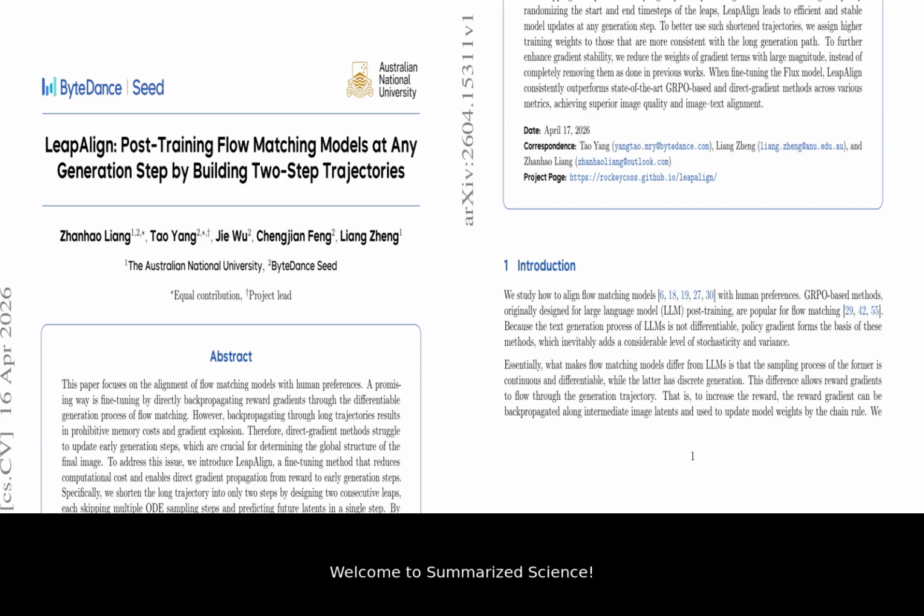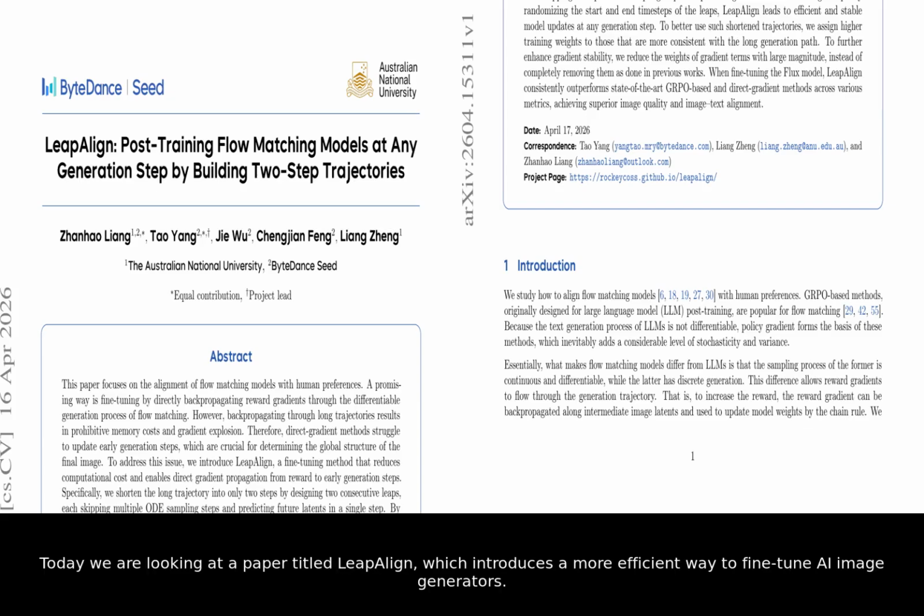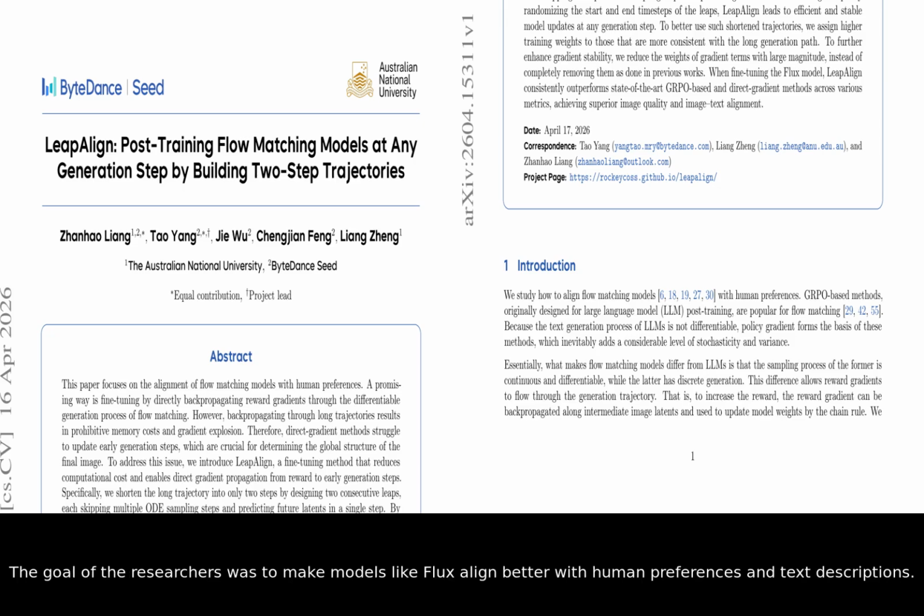Welcome to Summarize Science. Today we are looking at a paper titled LeapAlign, which introduces a more efficient way to fine-tune AI image generators. The goal of the researchers was to make models like Flux align better with human preferences